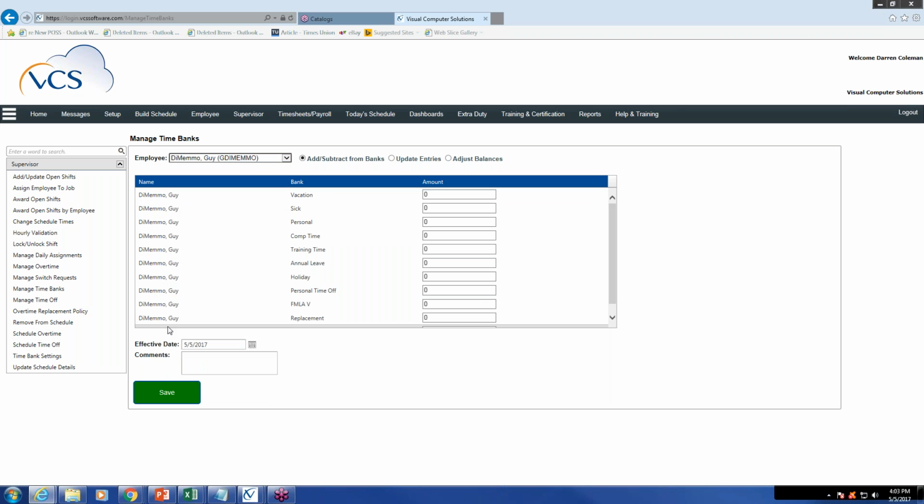In the window below, you're going to see each time bank that you currently have in your system, and this will be based on the amount or the day off codes that you created. Up top, you're going to have a set of buttons. By default, it will be set to add, subtract from banks. By entering the amount of time, whether it's in hourly units or daily units, key in those amounts,